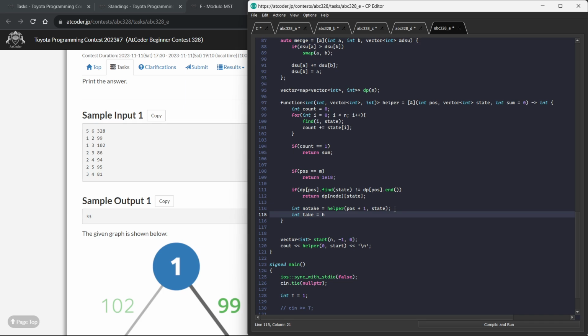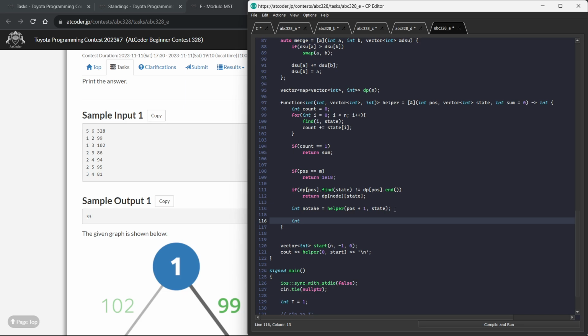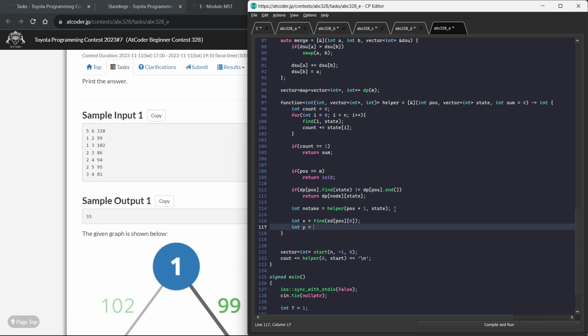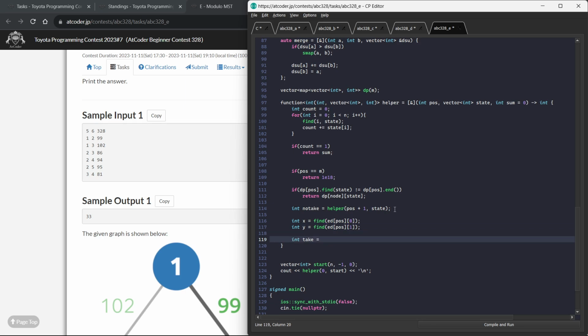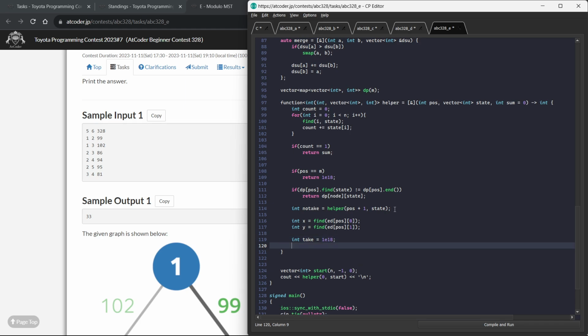Take is equal to, and if I want to take it, then I'll do x is equal to find of pos of 0 and y is equal to find of pos of 1, and let's say take is equal to infinity initially, and then if I want to take it, if x